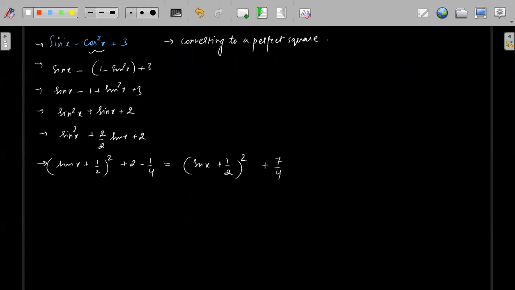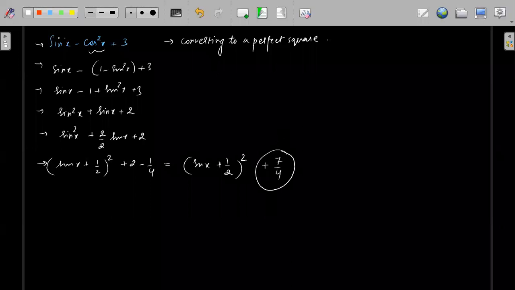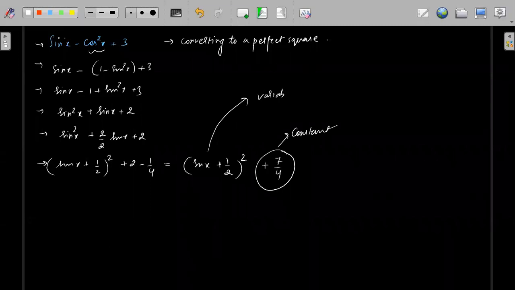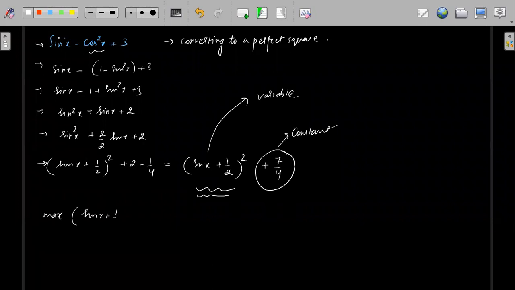Now see, what we can do is find the maximum value. This 7 by 4 is the constant, and this square term is the only variable. So this whole thing will be maximum when this is maximum, and this whole thing will be minimum when this one is minimum. So the maximum value of this one, sine of x plus 1 by 2 whole square,